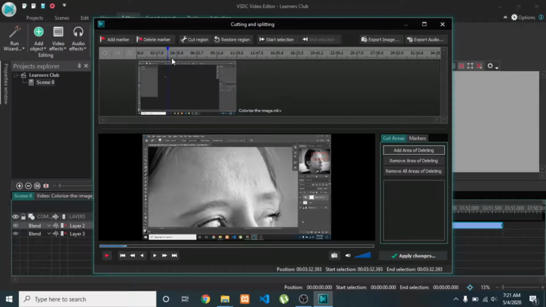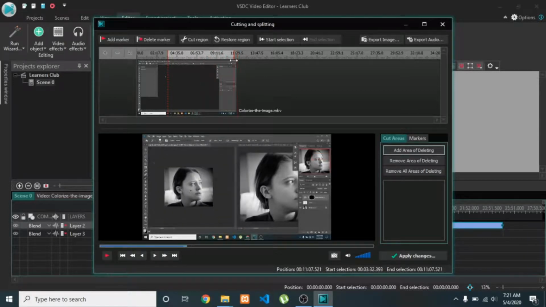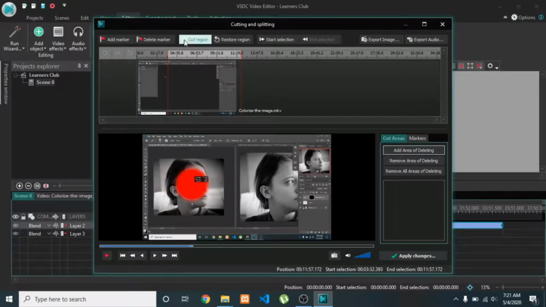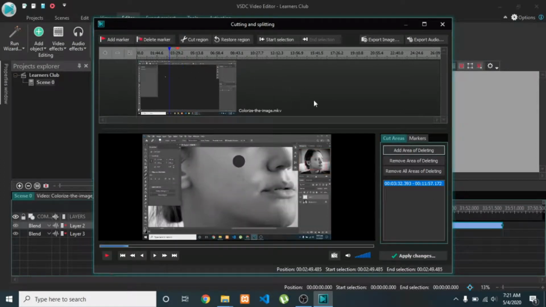For that, when you hover your mouse to this handle, you will get a double side arrow option, and then you can just left click and drag it up to the time interval where you want to trim, and then you can click cut region. Yes, that region is trimmed. How you can say that region was trimmed? I mean the region of that video was trimmed.